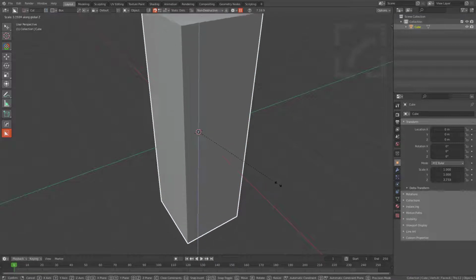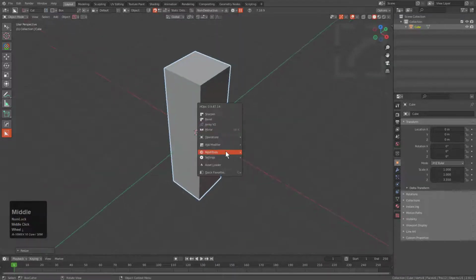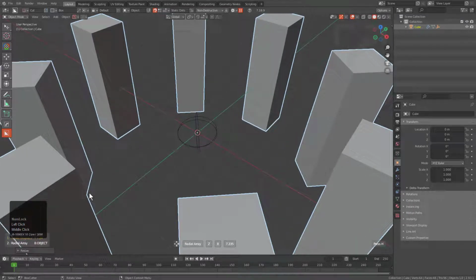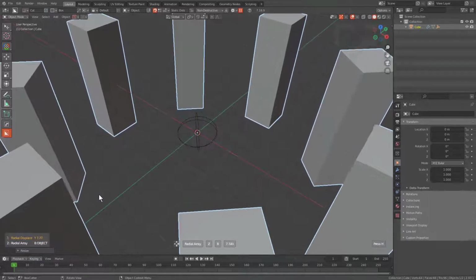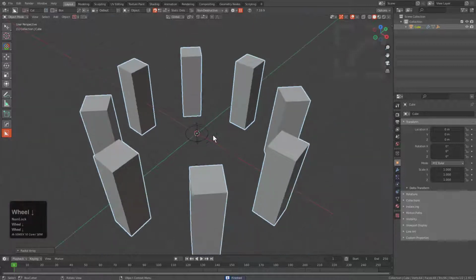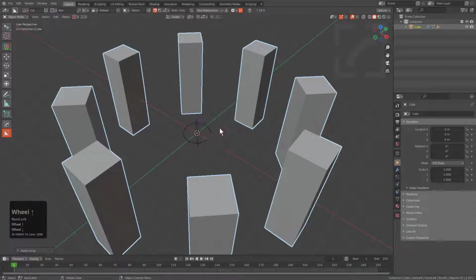And you take your object and you scale it up without applying your scale, and you go under mesh tools in the Q menu, you activate radial array, and voila, we see that our scale is applied on the way in. It's important that your radial array has its scale applied so the empty doesn't come out all deformed. So that's one of the things first and foremost that I tried to have dealt with this particular array, meaning